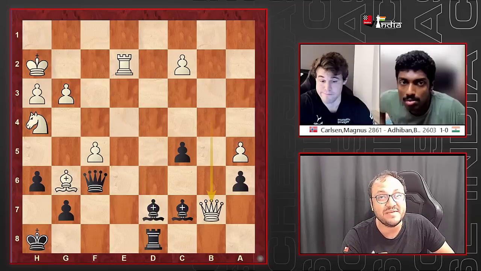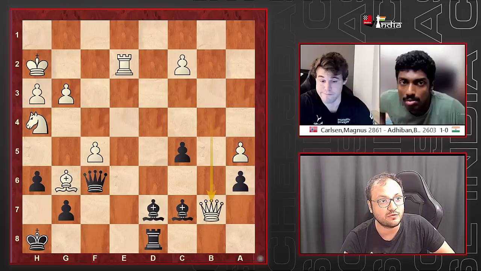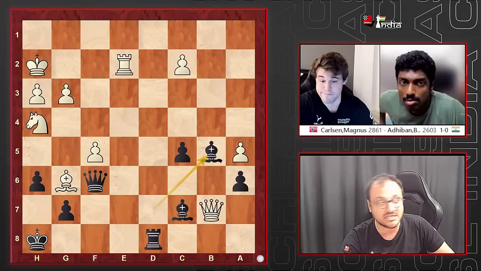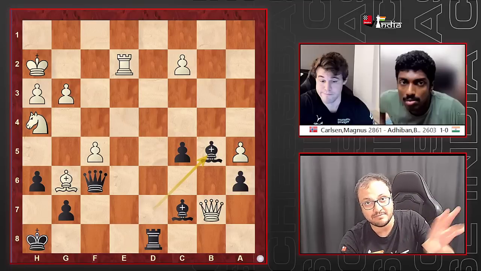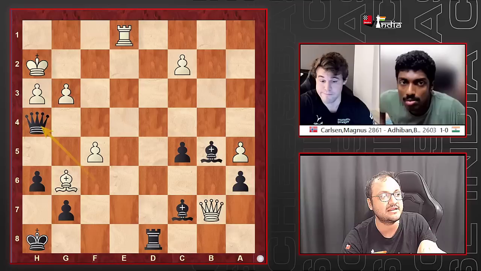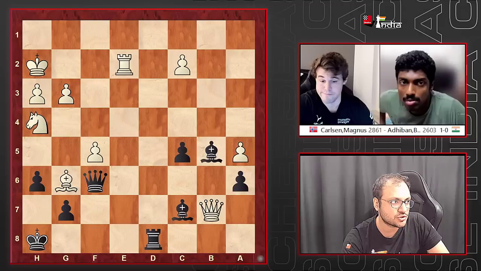If we would have taken on b7 here, which happened in the game, Adhiban now went wrong with queen d6. So try to think what is the winning move here. It's a nice move that you have to spot. Yes, it is bishop b5 here. Again, same concept. This time, let's say the rook has many places to move, but we'll try to figure them out one by one. You don't want to move your rook away from the second rank because then queen takes with check, and that is game over. So you want to play your rook on the second rank, but let's say you go to